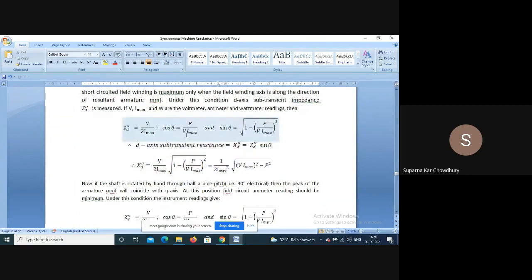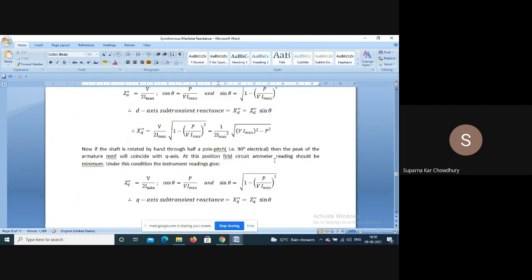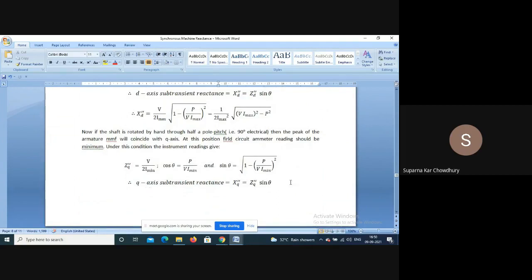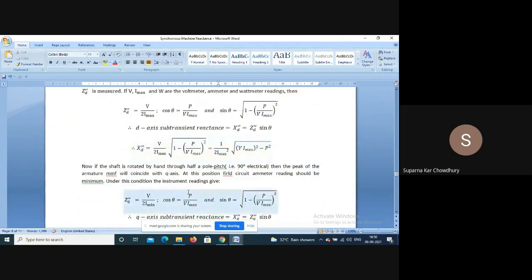So we can put the values from this equation, and we get X_d double dash is equal to 1 by 2 Imax square root of (V into Imax) whole squared minus P squared. Now this is, however, considering the armature resistance RA. Now if we neglect the armature resistance RA, then sin theta is